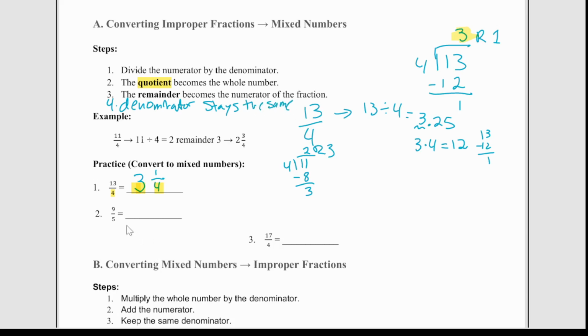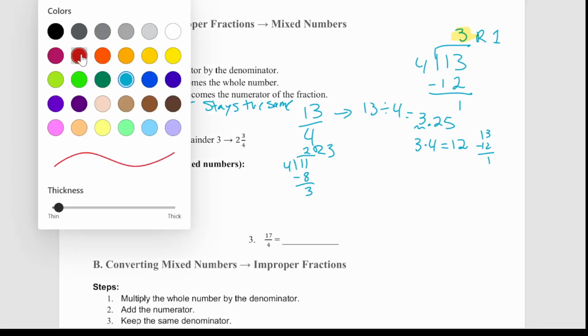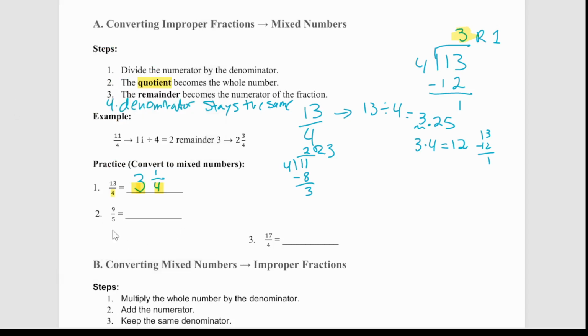So I'm going to go ahead and pause. Go ahead and try that with these two improper fractions to convert them to a mixed number, and then come back to this video. So for 9/5, for example, if I do 9 divided by 5, 5 goes into 9